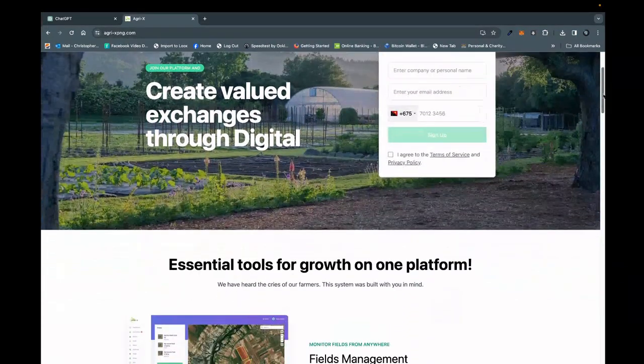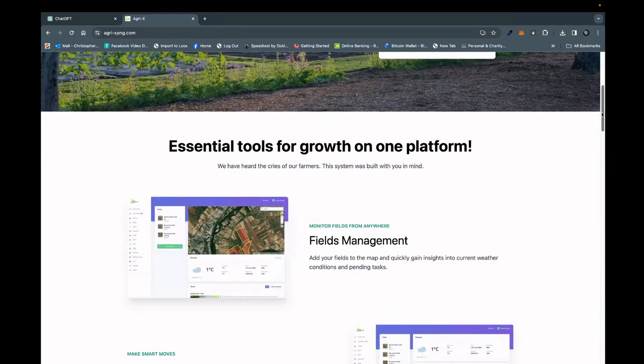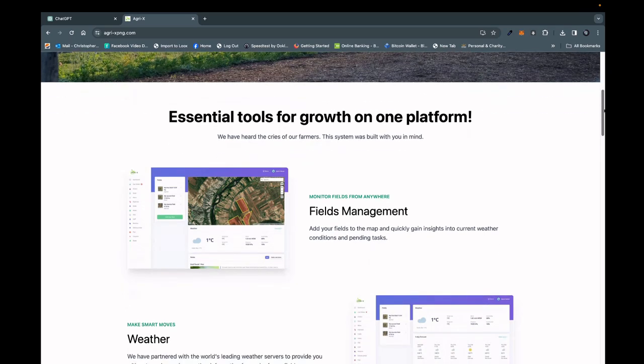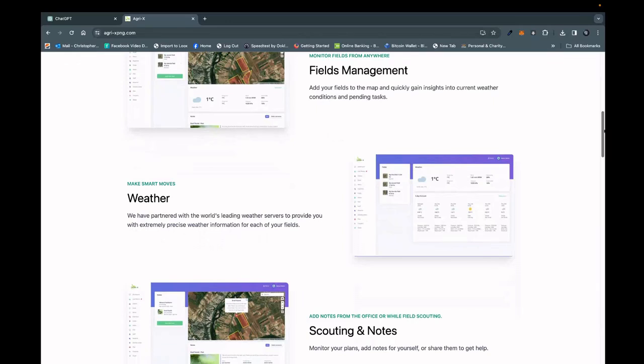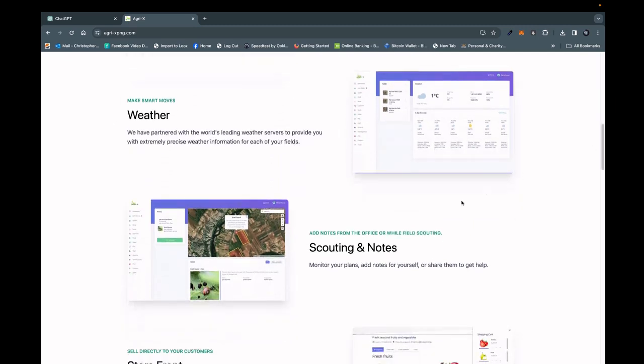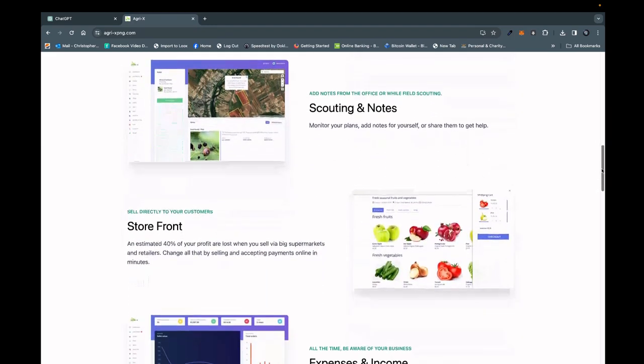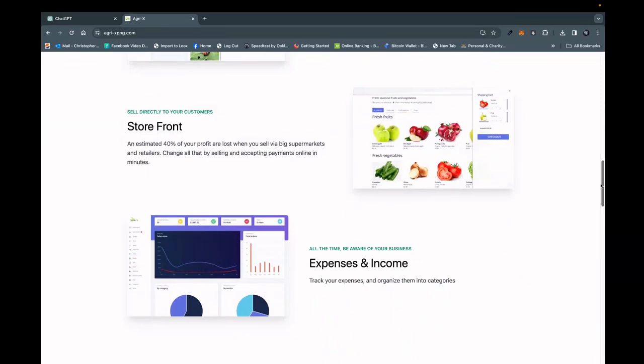So as we scroll down the landing page, it gives you some basic information about the functionality. This platform is a fully fledged farming management system, so farmers are able to track their fields, track the weather. They all integrate with APIs online that allow real-time information to be transferred to the system once a farmer registers on the platform. They are also able to provide notes and scout different areas and identify different issues within those spaces. And of course, they are also able to create a storefront with all the produce that they produce on